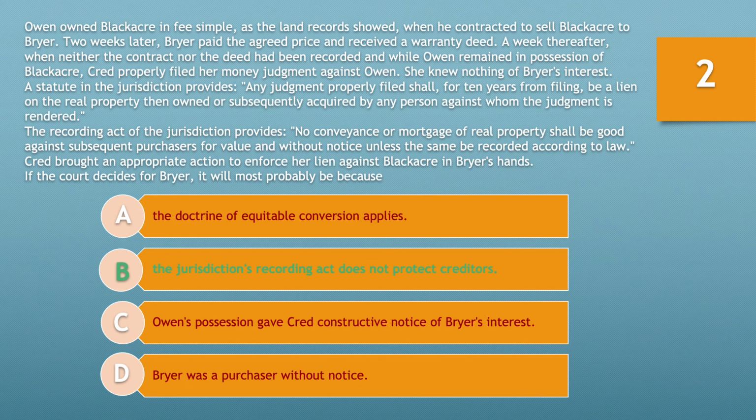The best option here is B. The Jurisdiction's Recording Act does not protect creditors. The Recording Act of the jurisdiction provides no conveyance or mortgage of real property shall be good against subsequent purchasers for value and without notice unless the same be recorded according to the law. If the Recording Act does not protect creditors, then Cred cannot rely on the fact that Breyer did not properly record the conveyance of real property to enforce her lien against Blackacre. If the court decides for Breyer, it would be because the language of the Recording Act does not extend to